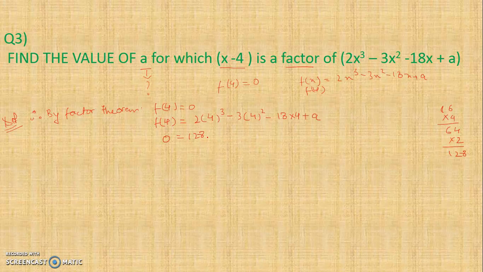I'm doing it directly. You also should learn this, directly. 4 square 16, 16 3s are 48, minus 4 8s are 32, 2 carry plus 3, so minus 72 plus a. So this is equal to 128 minus 8 and 2 10, 0 carry plus 1, 7 and 4 11, 11 and 1 12, plus a. So plus minus minus, this is 8 plus a is equal to 0. I can rewrite this as a plus 8 is equal to 0. So a is equal to minus 8.